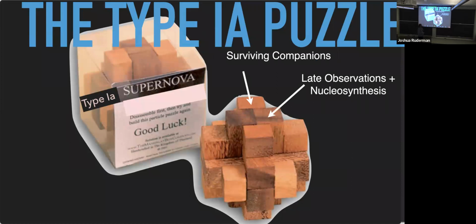Late observations plus nucleosynthesis I'm particularly excited about, because you could actually get to the physics of the center of the star. I mean, supernova tomography, as we've shown, and as Jack has shown, we're at the start of this, but now that we have the machinery going, we can really do this for many Ias and see how different they are.